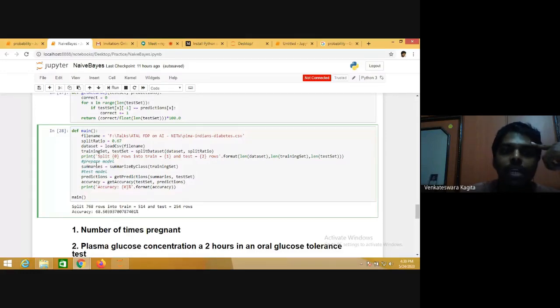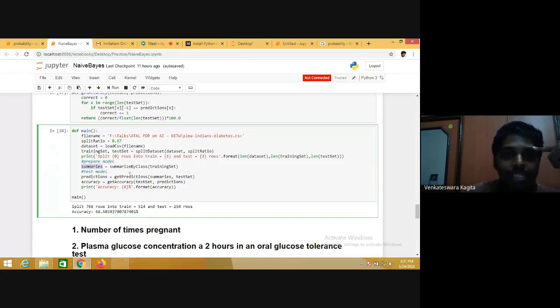For this, I prepare a model by getting these summaries. Like whatever we have seen in our example, we get the likelihood calculations, isn't it? For each and every attribute, we get the likelihood calculations. So summarize by class will return something like this: summaries for each and every attribute. What is the mean value of that attribute? What is the standard deviation of that attribute? These are all important for calculating the probabilities for a continuous value if it is following a certain distribution, and we have assumed that it follows the Gaussian distribution.